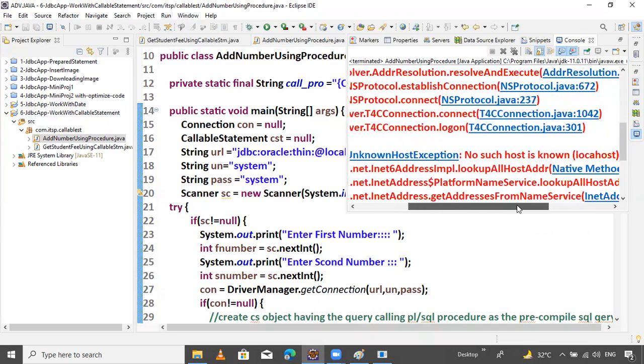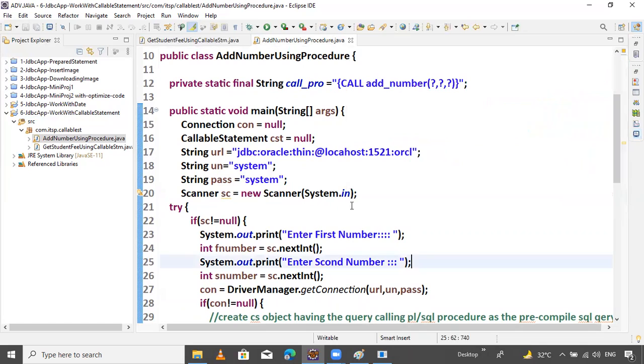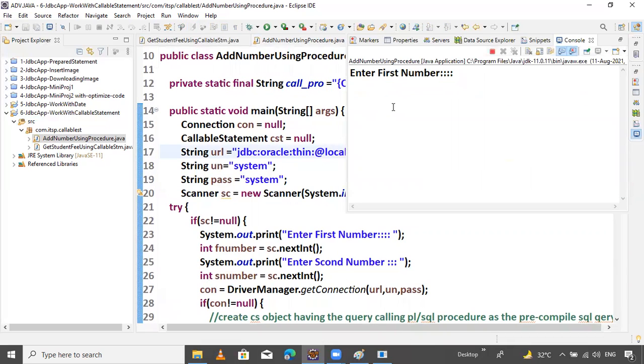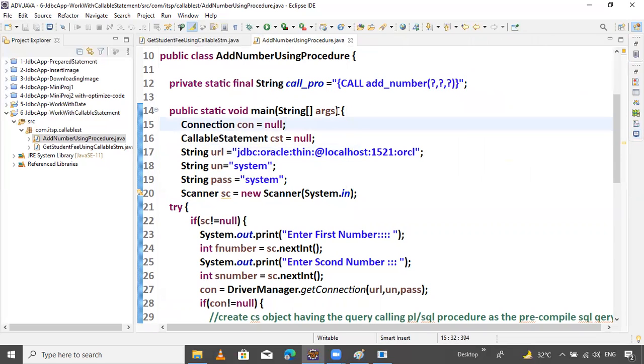No such host is localhost. It's localhost. Okay. Control F11. First number 10, second number 20. Let's see. Okay. Addition of two number is 30. Now, this result comes from the database side by using procedure.